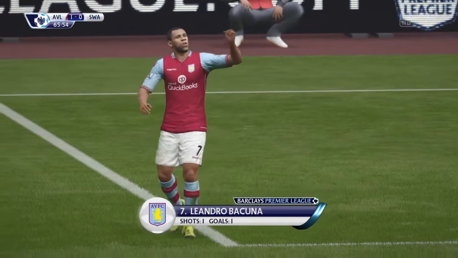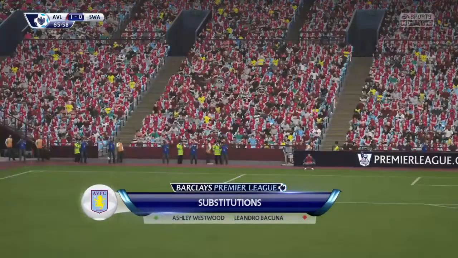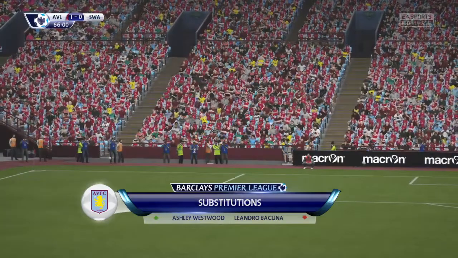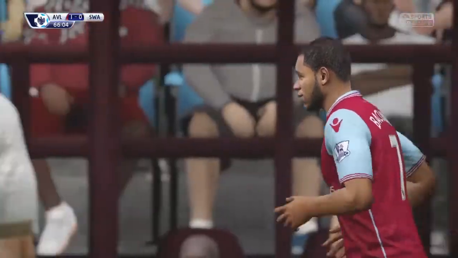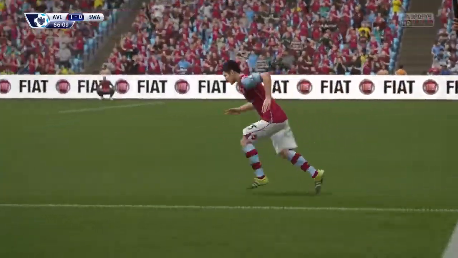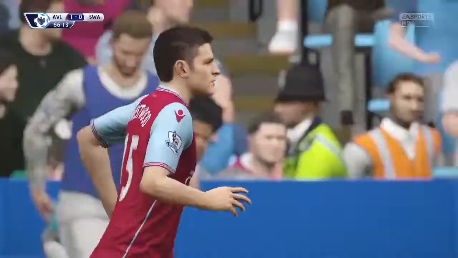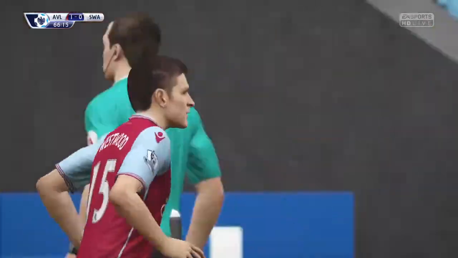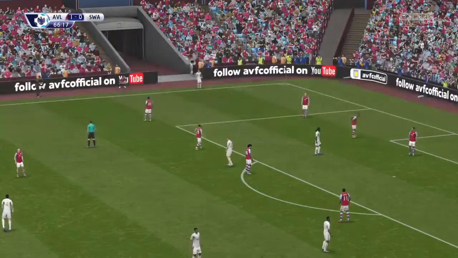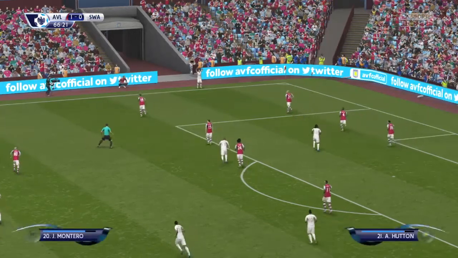They're going to make the change now, and I think he's happy to come off. He's given everything to the cause today. It's been a good all-round performance. Yeah, very good, and he'll just be hoping now that his team can see out this match and win it. It's going to be a change now for the side that, well, they're recognising how well this central defensive midfield player played. Yeah, and we recognise his defensive instincts, but I like the way he just moved the ball forward, first touch, first time to get his team on the front foot.